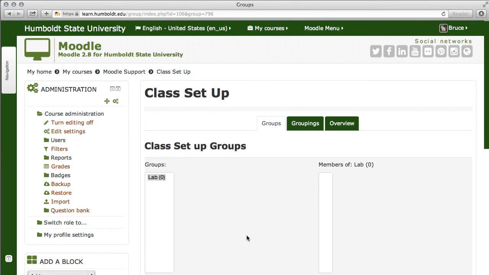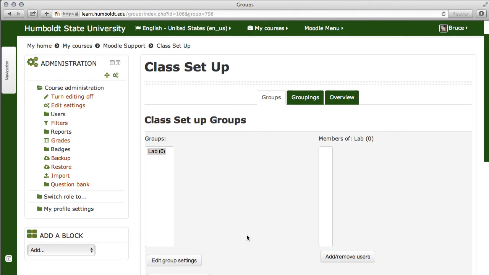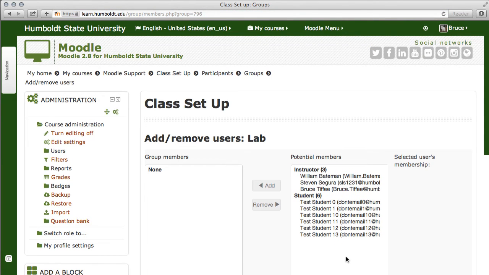Go ahead and save your changes after the group is created, and now you'll see the group name with 0, indicating 0 members. I'm going to come to the right-hand side of this screen and choose Add or Remove Users, and here a list of both instructors and students is going to appear.